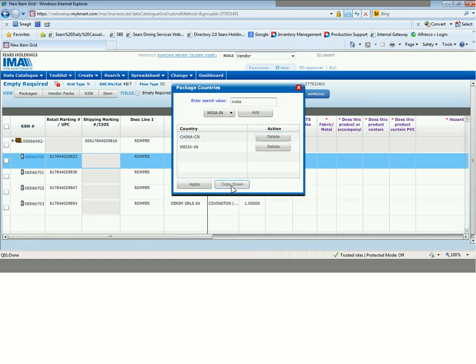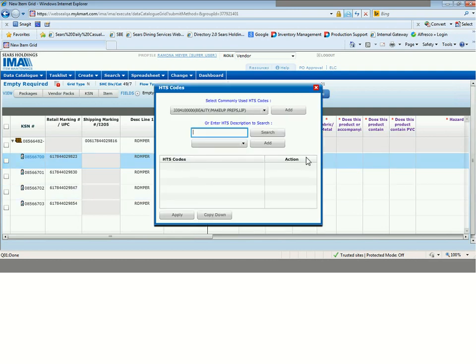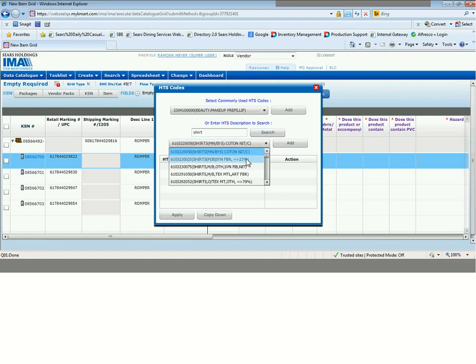And then you can click Copy Down to copy down all of the information. HTS code. If you remember, we talked about HTS codes a bit on Monday. They populate a list of what's going into the truck for the truck driver. So if you click search, it narrows down this list, and I know it can be difficult to find an exact match, but you just find whatever is the closest match, and then you can click add, and then copy